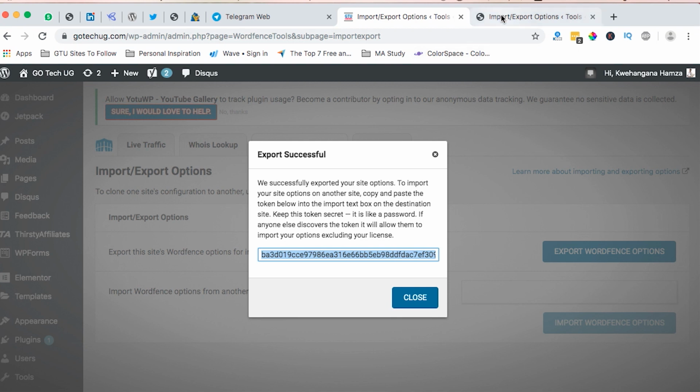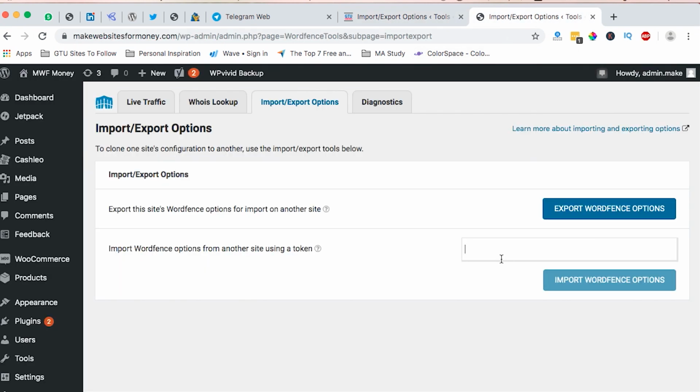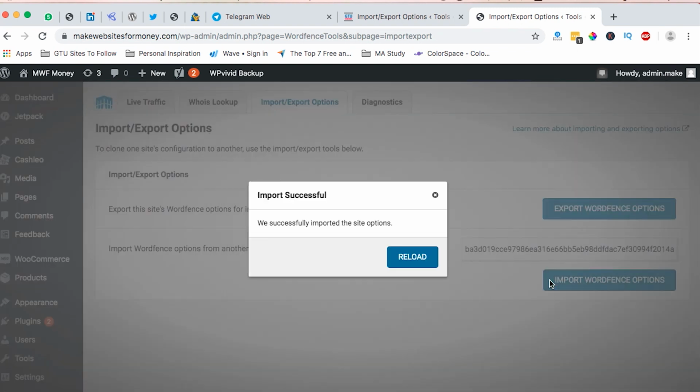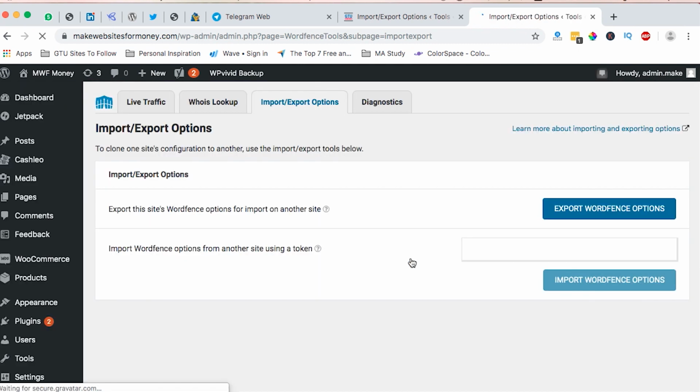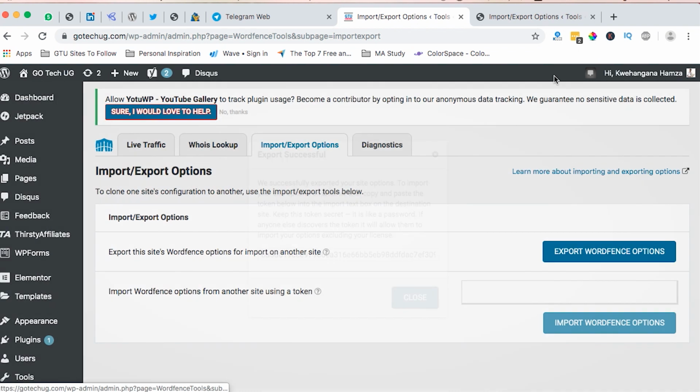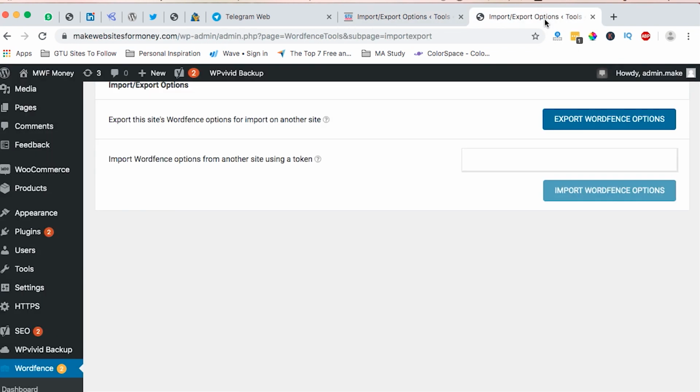Copy. Come right here to import. Paste the code, and boom, import Wordfence options. So we successfully imported the site options. I can just reload, and yeah, so now we have all the other settings from my other website on this other website that is